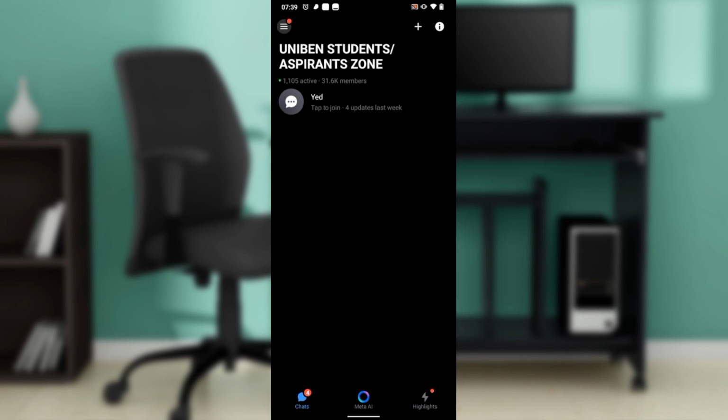After installing, it's going to take you to the sign up page where you'll be required to either log in using an existing account or to create an entirely new account. Now, whichever one you choose, once you sign in or log in successfully, it's going to take you to the home page where you can now explore a lot of features to have an exciting time in Messenger. So now that we're here, let's quickly hop into today's topic, and that is how to fix Facebook